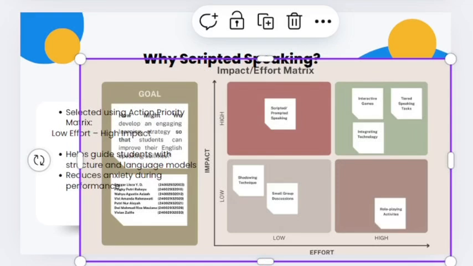And another example is small group discussions. It is valid that previously I mentioned that students like to work in a small group. However, we have a consideration that small group discussion has a low impact because it is quite difficult for teachers to assess a big group of students with many groups in class. So that is why we think the best one is scripted speaking, because it gives low